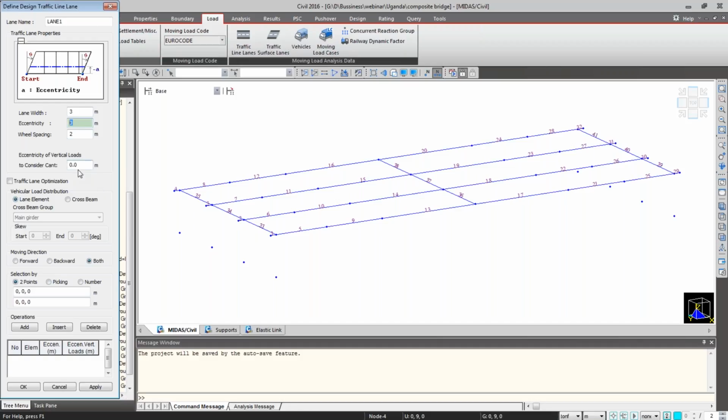Okay, eccentricity of the vertical loads. And this is the vehicle load distribution through the lane element or the crossbeam, as this is a grillage model. So the load distribution is via crossbeams, that is the diaphragm sections. And create the lane. This is the first starting point and end point. And then click apply. It's created, and then change the name to lane 2, remove the existing coordinates, and then